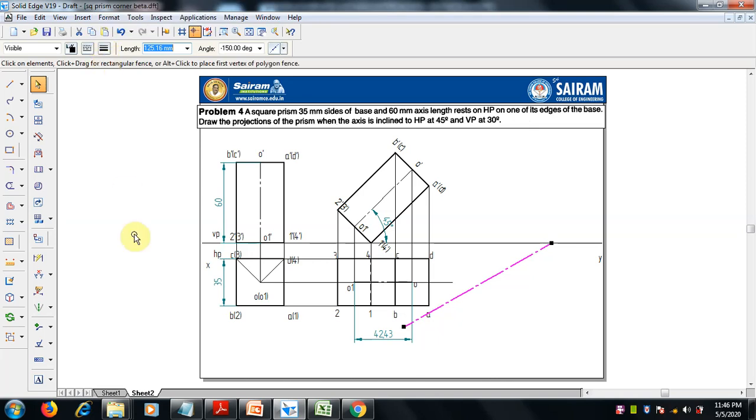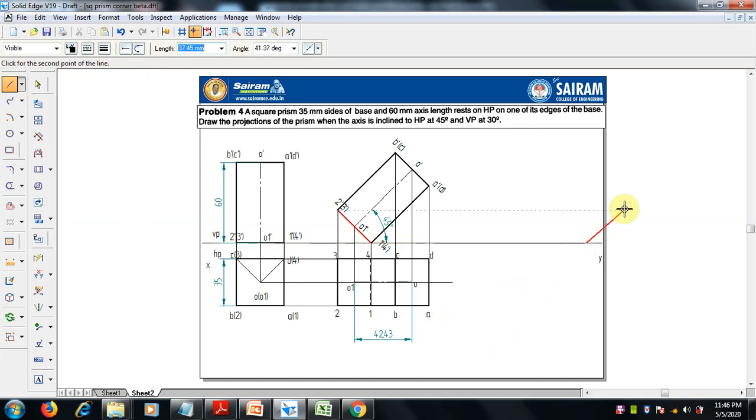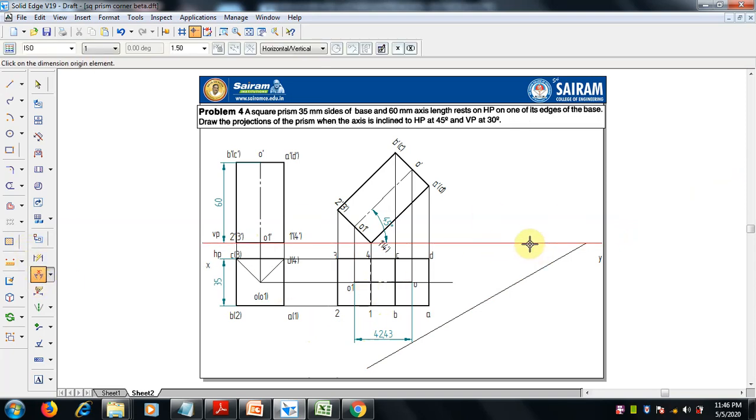Okay. Select line, thin line, 0.13 mm thickness. Just away from here, I will draw 30 degree. So we can draw like this, extend the line, and we can draw the 30 degree line. Check it first before going to draw. Okay, this should be 30 degree. Yeah, 30 degree is there. Now we have to move this here.